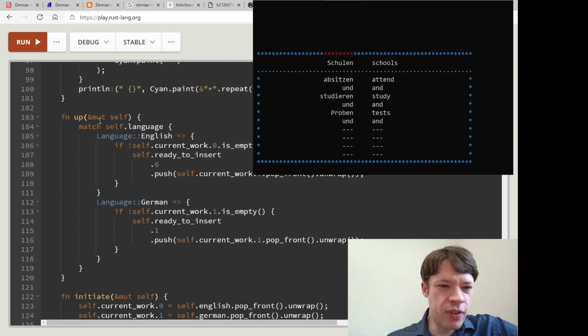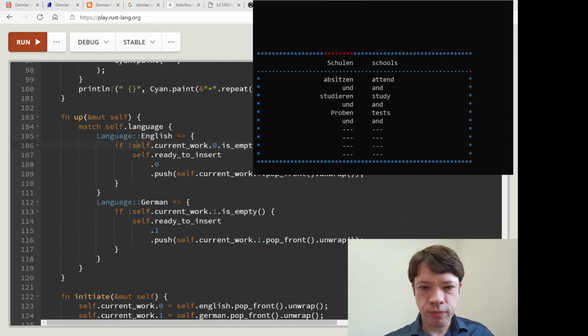It's going to do something if it's English and something else if it's German. So if it's English, I'll bring this back in so we can see. Oh, it is in. I hope you've been able to see everything all this time. So if you hit up, you can see it adds a word, and if you hit down, then it pushes it down.